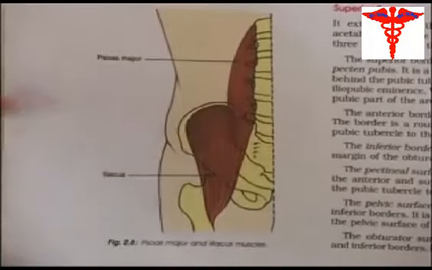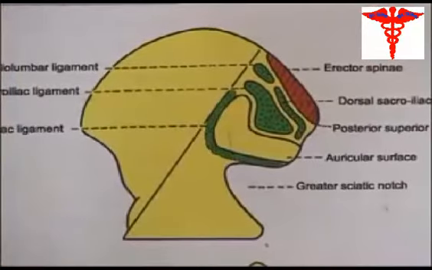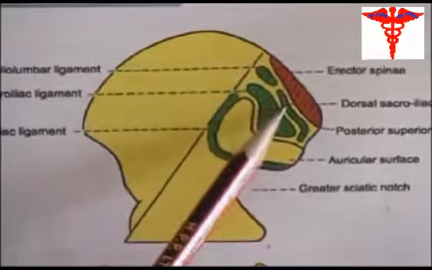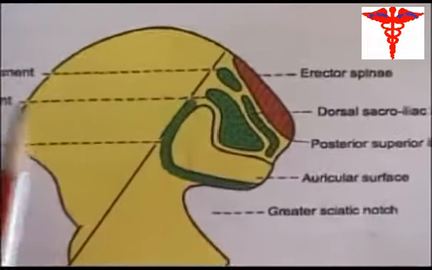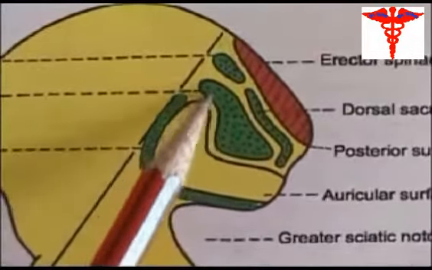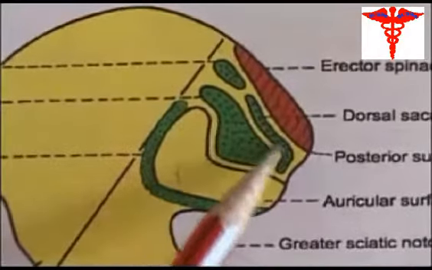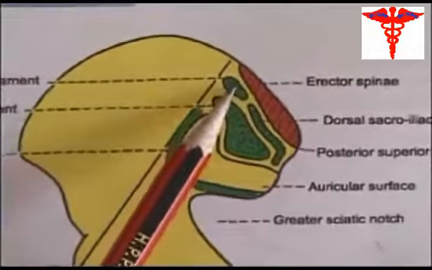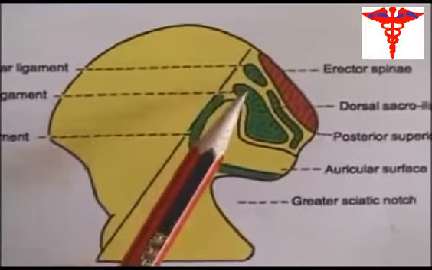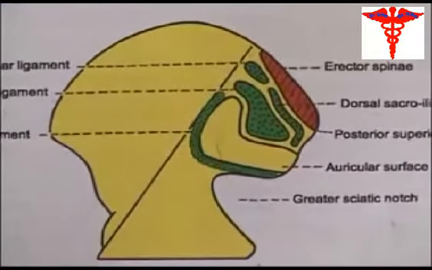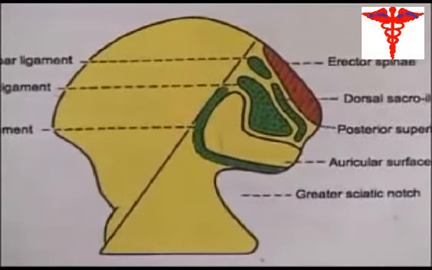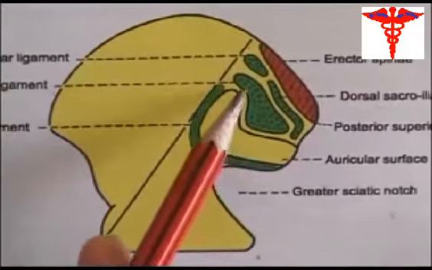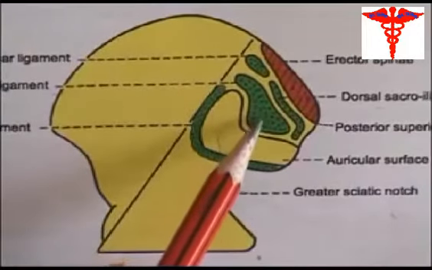The sacropelvic surface. The iliac tuberosity gives attachment to the interosseous sacroiliac ligament, the dorsal sacroiliac ligament posteriorly, and the iliolumbar ligament superiorly. The interosseous sacroiliac ligament is attached to a wide, rough area adjoining the concave margins of the auricular surface on both the sacrum and the hip bone.